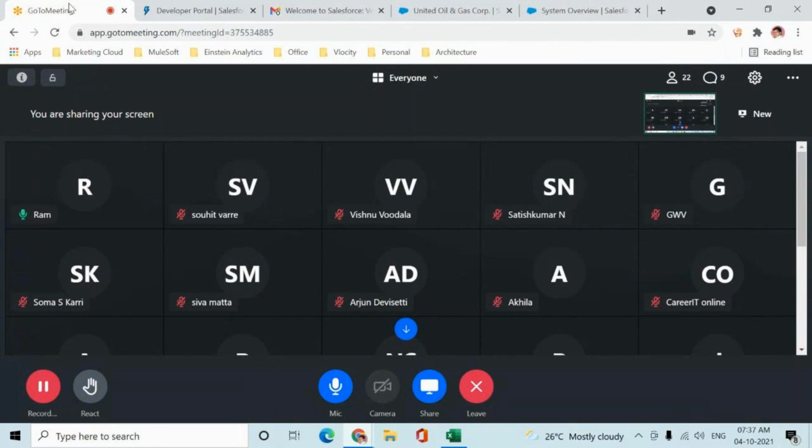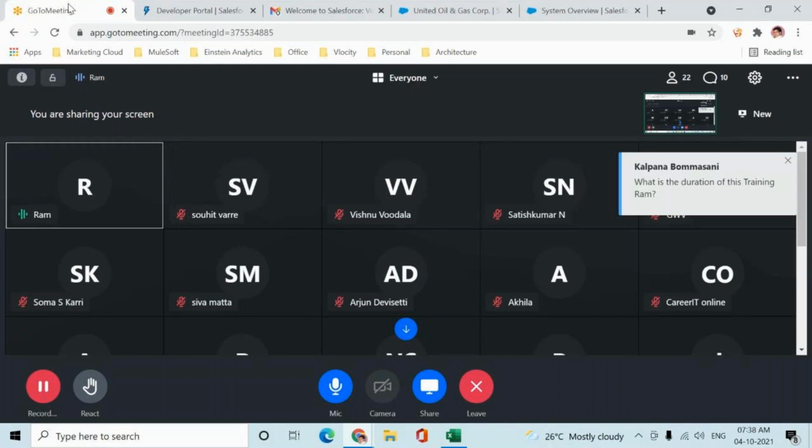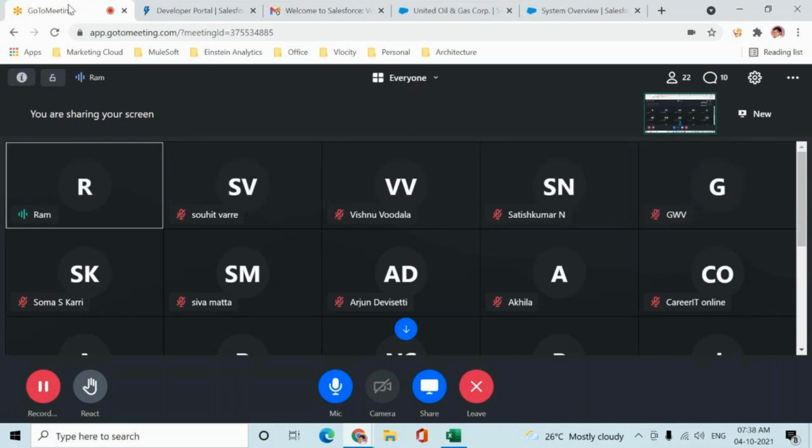Take the same example: sending an email alert. To send an email, I have five features in the system, and only one feature is from development. Four features are from admin. If these four features are not eligible for that requirement, then only do I have to go with the last one, which comes from development. If I don't even know what these four features are, how do I judge whether this can be done by trigger or not?